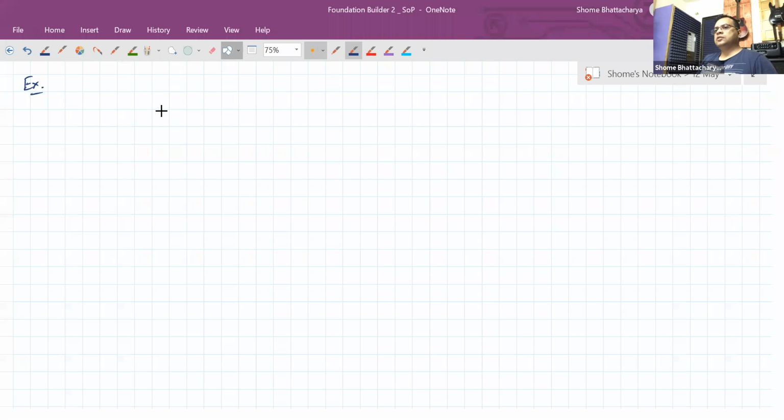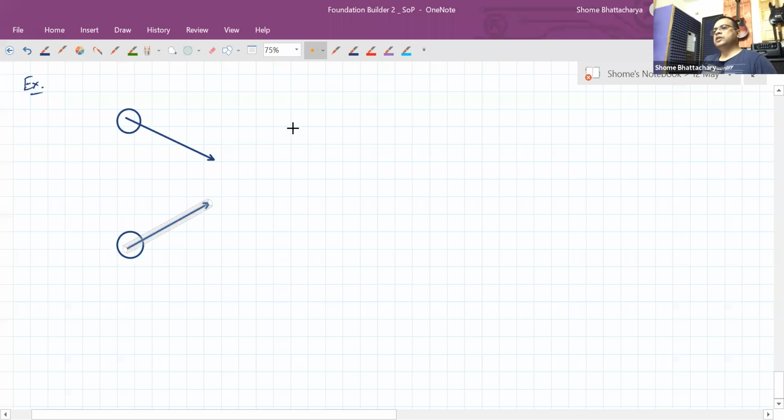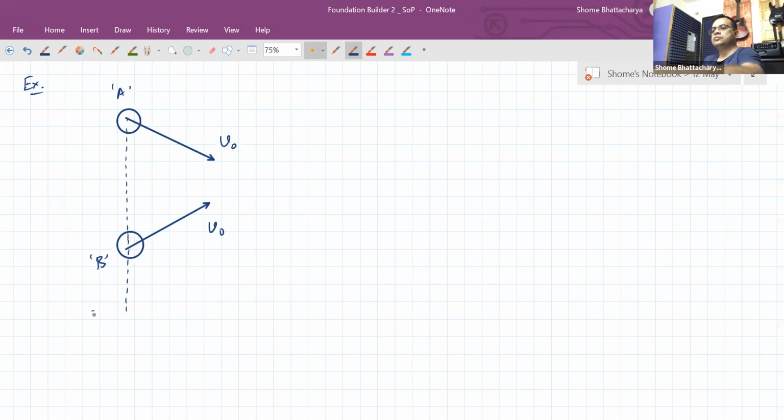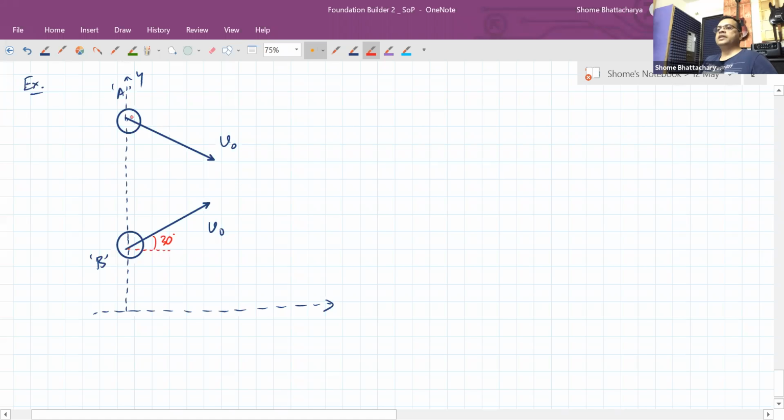So for example, a very simple version of a two-dimensional collision, but also a very symmetric situation, could be something like this, where we have two identical mass particles traveling with identical speed v naught, such that the velocities are like this. If this is our x and y system, then they are inclined in this manner: this one is at 30 degrees with respect to the x-axis like this, and this one is at minus 30 degrees with respect to the x-axis. So now they go and make a collision somewhere here, and after the impact,